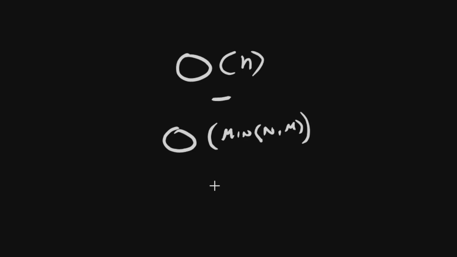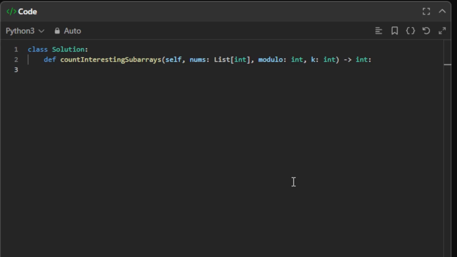So now let's go with the code, and hopefully you will get the idea. First we will create a map with a default dictionary, and initially every value will start with a 0, and we'll add to this map the 0 with a count of 1. Next, our prefix will start at 0 and result equals 0. And now for every number in nums,